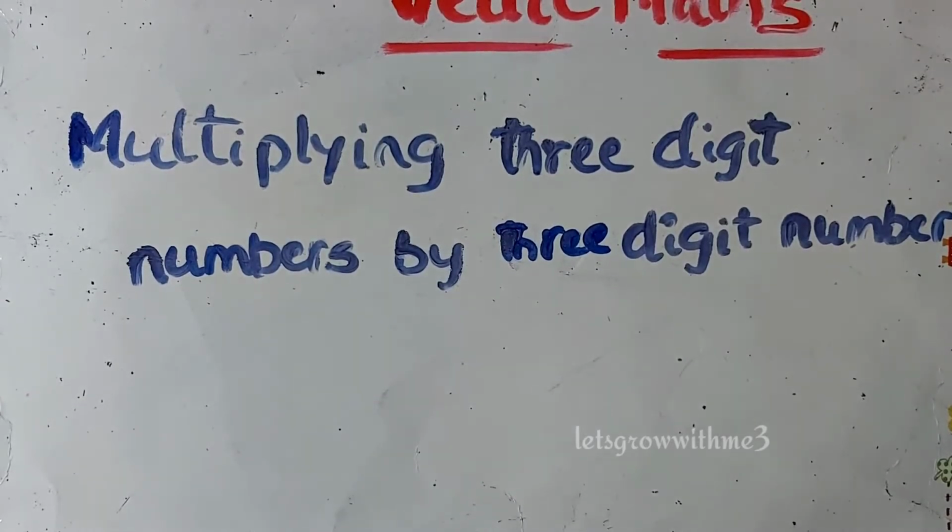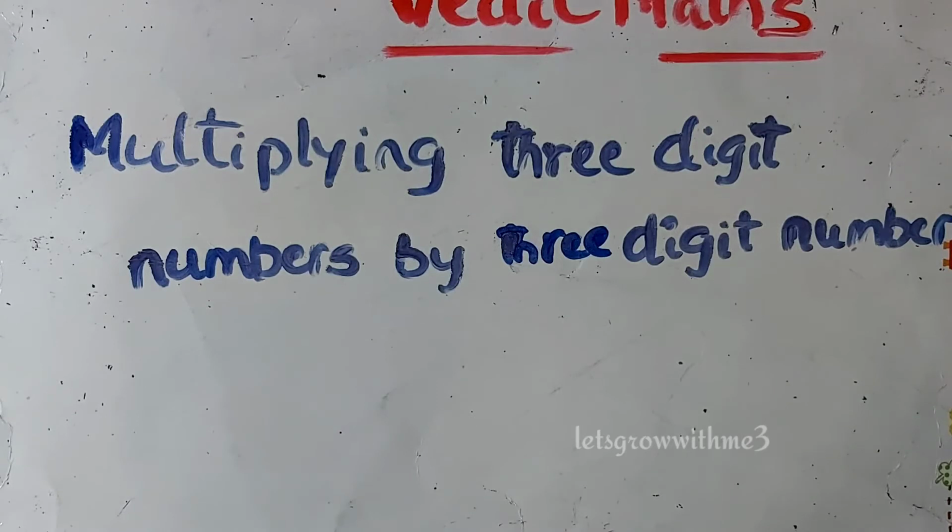Today we are discussing Vedic maths. In Vedic maths we already started the multiplication series. We have done different kinds of problems like 2 digits times 2 digits, 3 digits times 2 digits, 4 digits times 2 digits and 5 digits times 2 digits. We can even derive a formula for any n digit times 2 digit.